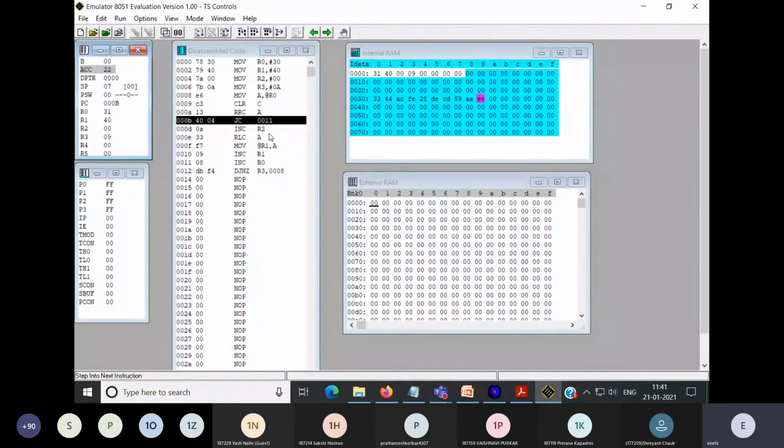Why? As carry is 0, it means the number is even. The original number was 44. So you will come to this instruction. As you found the first even number, increment the counter set for counting the even numbers. So you will get R2 equal to 1 because you found the first number. As we have to store the same even number, we have to do the opposite operation, RLC A, because RRC changes our original number. So again to get back the original number, RLC A. See, you will get 44 again.